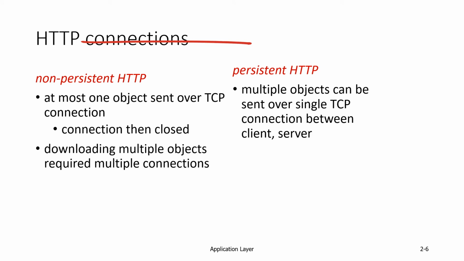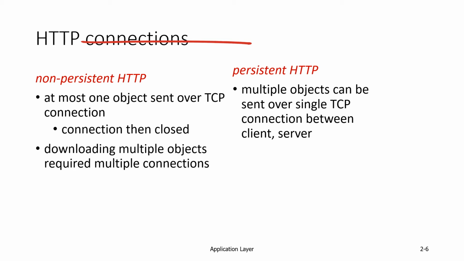There are two modes of operation of HTTP connections. The very first one is called non-persistent HTTP and the other one is called persistent HTTP. A web page can have multiple different objects: an audio file, an image, a video file, etc. At most one object being sent over a TCP connection is a prime example of non-persistent HTTP. Non-persistent basically means that if you have 10 different objects on a web page, then in order to retrieve each of those 10 objects, you will create a separate TCP connection. Once the object has been retrieved, the connection is closed, and then you will start a new connection for the next object retrieval.